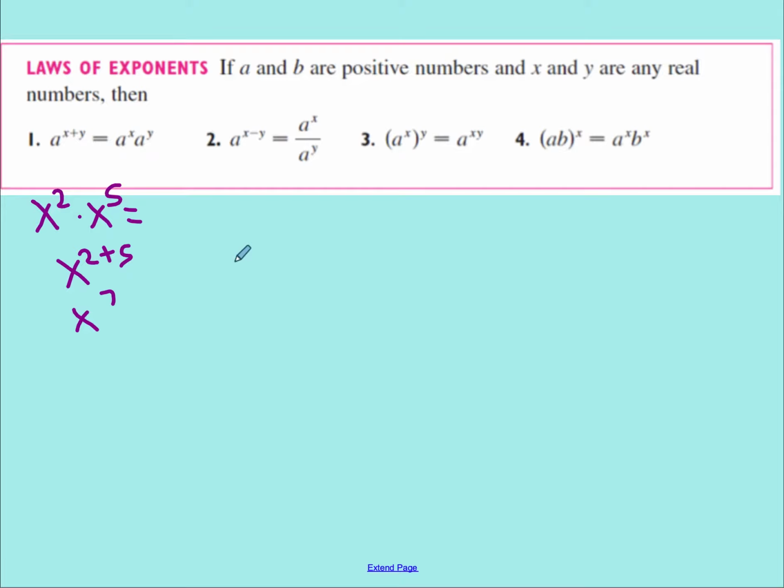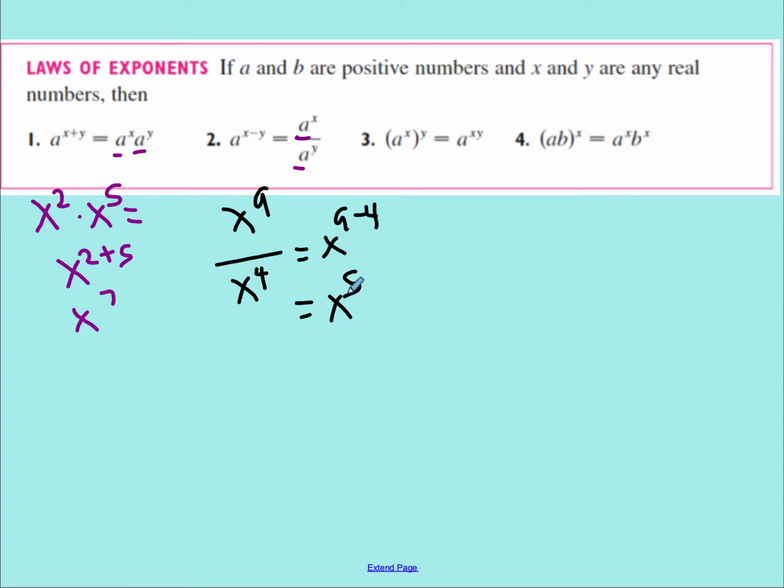Okay. So then example 2, if we are dividing and the base is the same, the biggest thing, you guys, is the base has to be the same, which is a, same thing here, we can go ahead and subtract exponents. So we do a to the x minus y. Okay, so if I have x to the 9th over x to the 4th, I would have x to the 9 minus 4, which is the same as